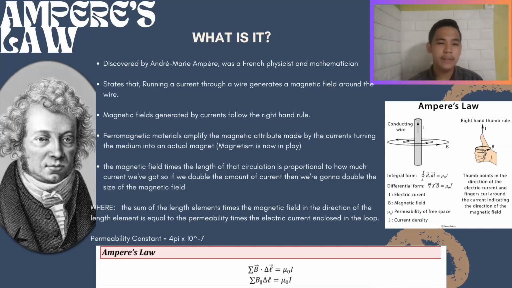So, in Ampere's Law, it says that when a wire, of course, is made of what are known as ferromagnetic materials. Now, ferromagnetic materials are basically like copper, iron, metals, something that can induce or allow electricity to flow through them. Basically, when you put an electric current through, let's say, a copper wire, it will have a magnetic field around the wire. So, it generates one. Amazing, right?